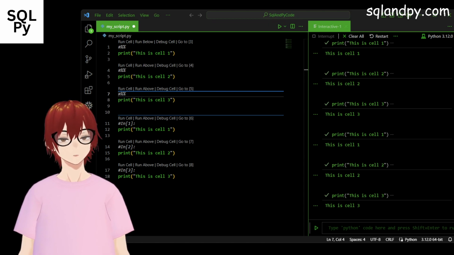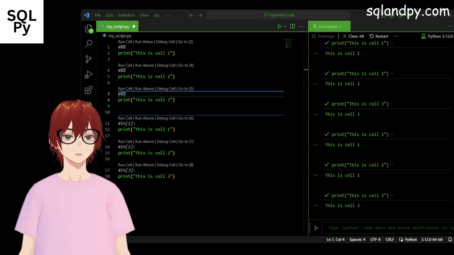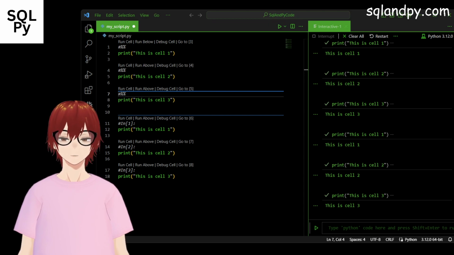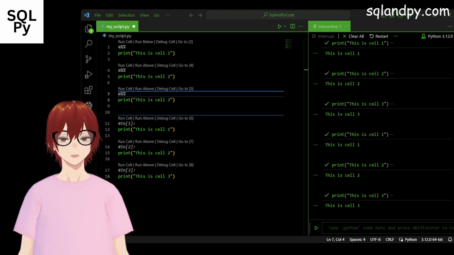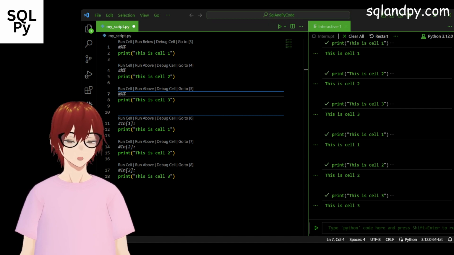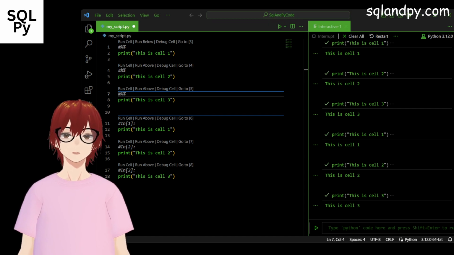And to note here that VSCode treats each Jupyter Notebook cell as a separate block of code, so you can execute them individually or together. It provides a convenient way to organize and test your code in a notebook-like format within a Python